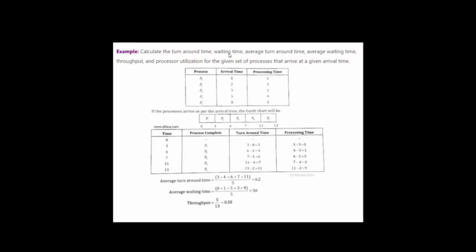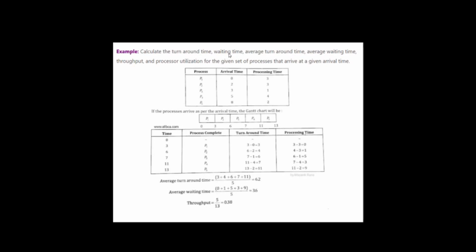Today we are going to discuss first come first serve CPU scheduling. Basically, the first come first serve definition goes as this: the process which arrived first in the ready queue, that is, the process whose arrival time is minimum, gets executed first, and then the processes followed by it, on the basis of their arrival times, get